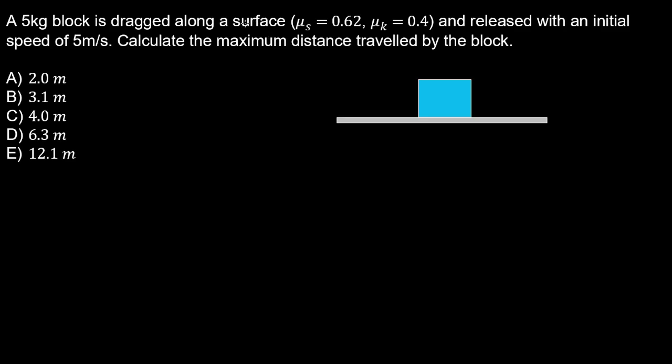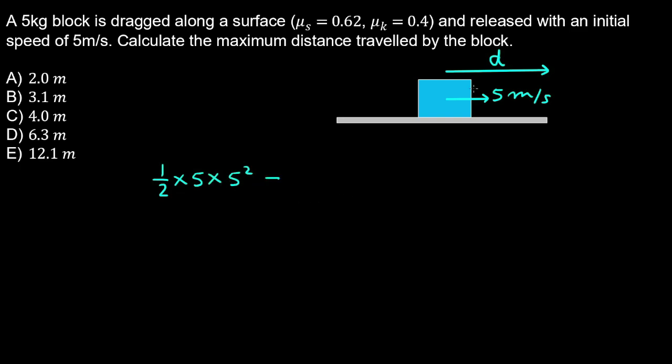A 5 kilo block is dragged along a surface and released with a speed of 5 meters per second. And we're asked to calculate the maximum distance traveled by the block. So we can use conservation of energy. So we have the initial kinetic energy, which is 1/2 by the mass of the block by the square of the speed,